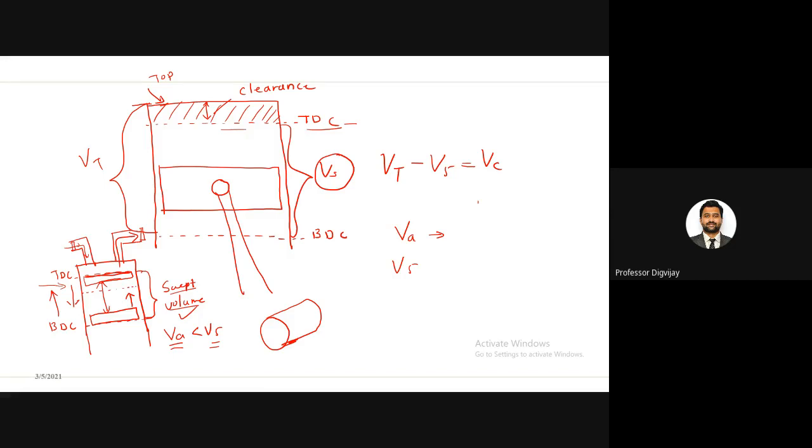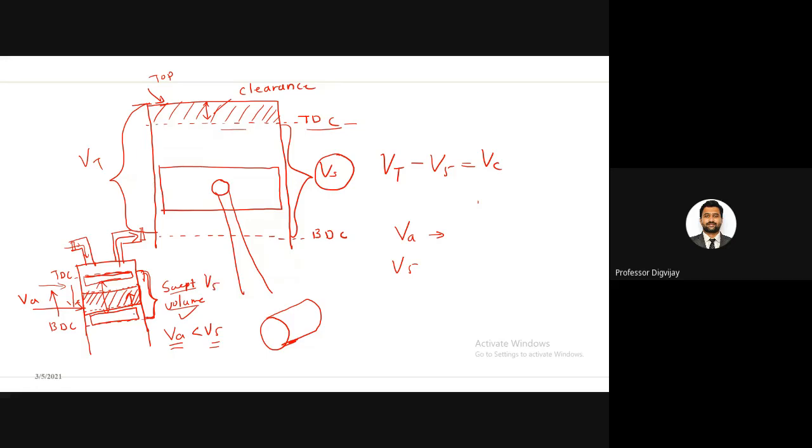This is assumed theoretically. But in actuality, the piston has to travel some distance, let us say this much, then it will create some extra pressure, and due to that pressure this delivery port will open. So you can see this much amount of air is being delivered. This volume, the dashed line I have drawn, is the air delivered by the compressor, and the swept volume is this much. As you can see, this is the actual air delivered VA and this is the swept volume VS.